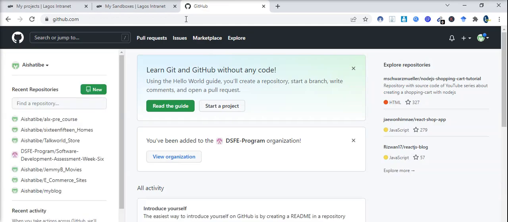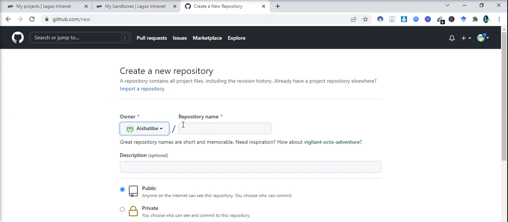Now this is my GitHub account. I'm going to create a new repository. Here you come here and click on new. Okay, you click on new and then you write the repository name. For the purpose of this tutorial, I'm going to just write ALS precourse